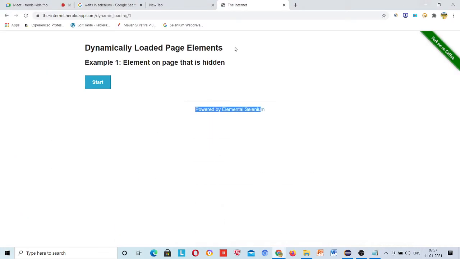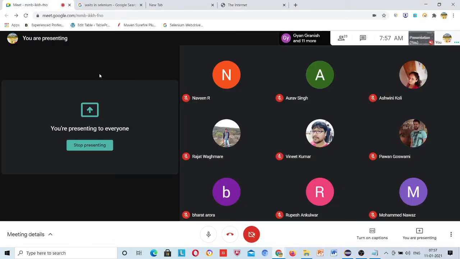Other differences: implicit wait can be applied globally, the word is incorrect, it is only applied globally, right? It means if you are not applying this implicit wait globally, then there is no use of it, right? So implicit wait actually works globally, but explicit wait will be applied for a specific line of code. It means I know that this line of code will take time to load, so better I will provide the time to it only, right?